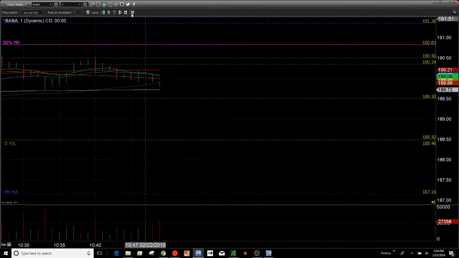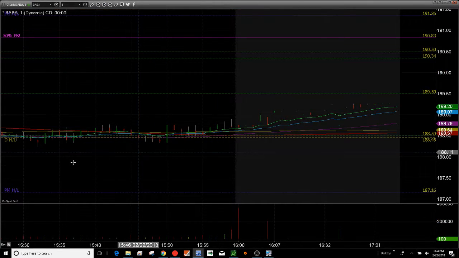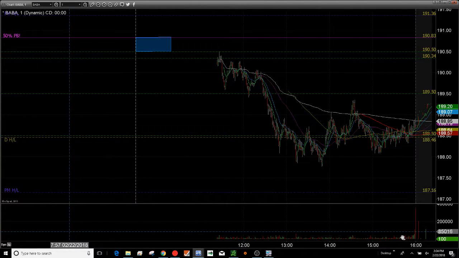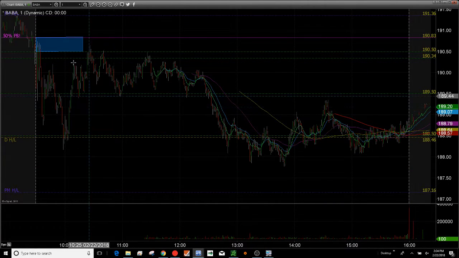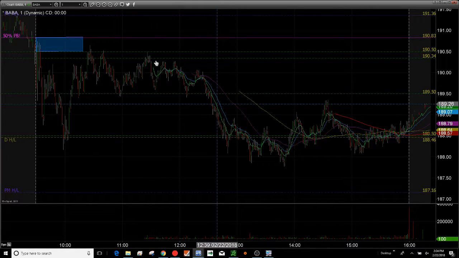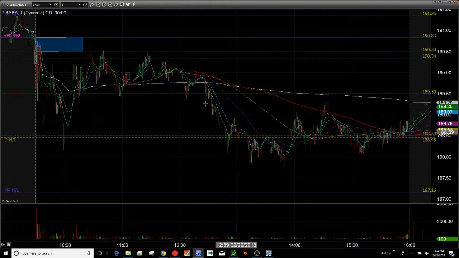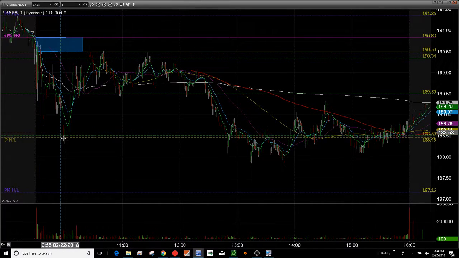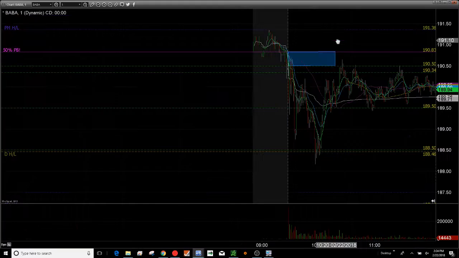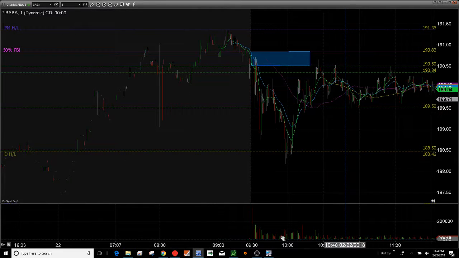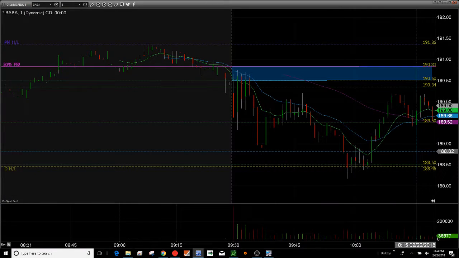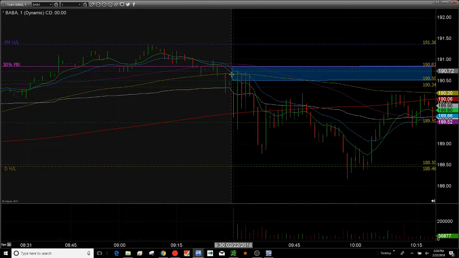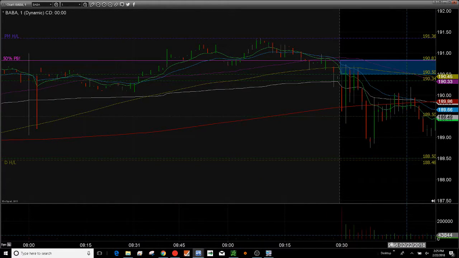Anyway, I hope that makes sense to you, what I'm doing and how I figured that out. I probably end up missing this big move down here, okay, but we did catch a good move here. Made 2 points right here. Now that was on a 1 minute chart, you saw that? On the 1 minute chart it's really quick, but if you really look at this price action here,